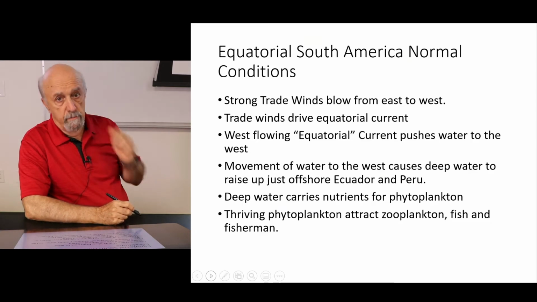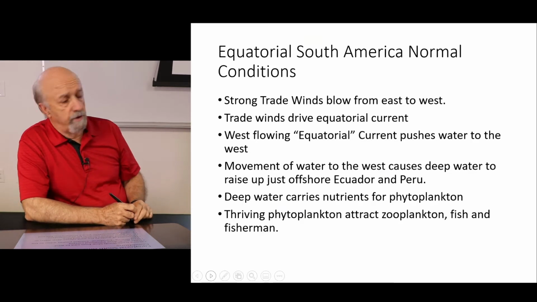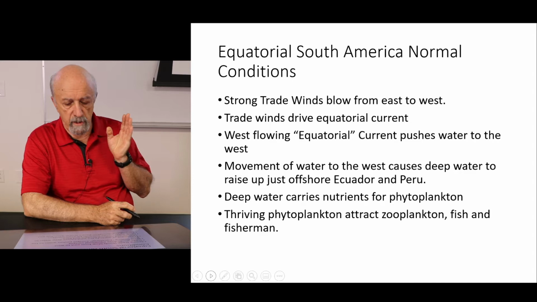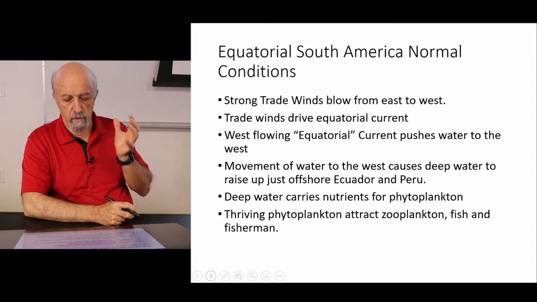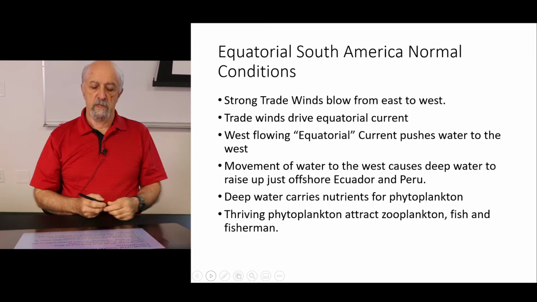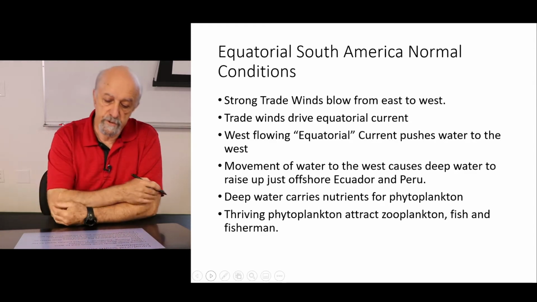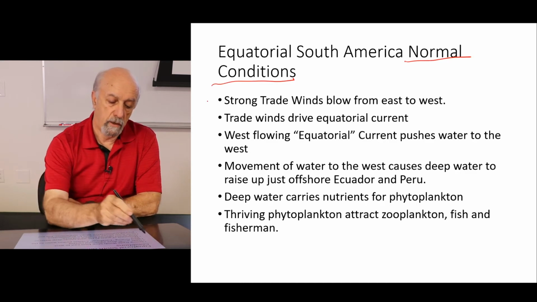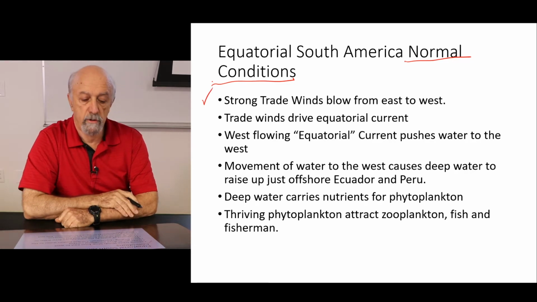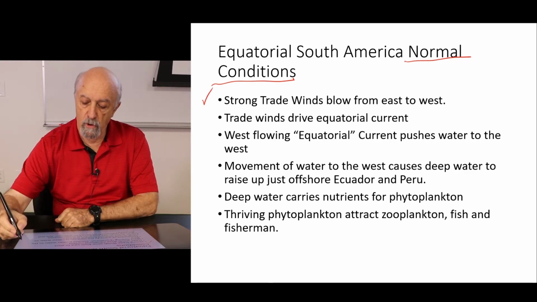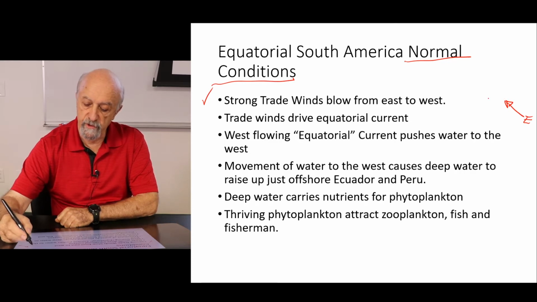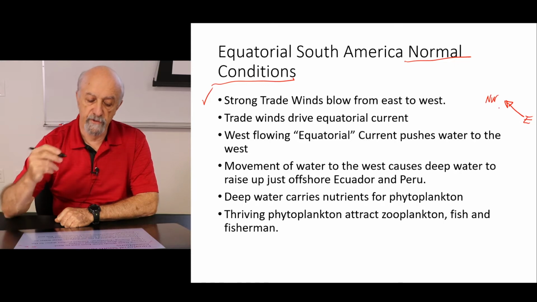This is a phenomena better observed in this equatorial zone. In particular, it was observed first in the eastern part of the Pacific, or western part of the South American continent. Let's define normal conditions, what normally happens in that region. We do have, first of all, very strong trade winds. And the trade winds are blowing from the east to the west. In fact, it's more like a southeast to northwest than anything else. But those are the trades.